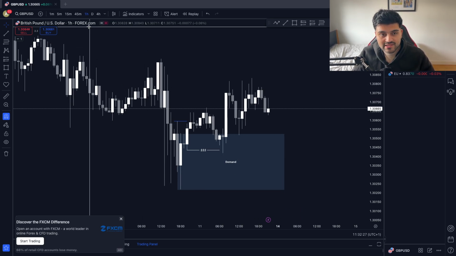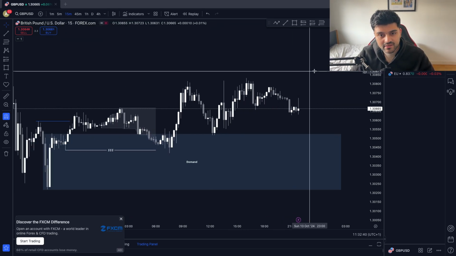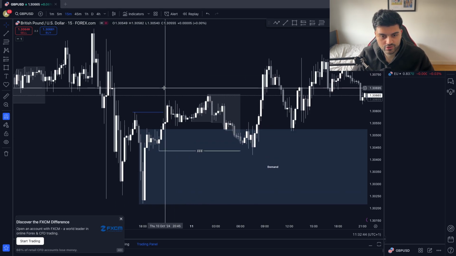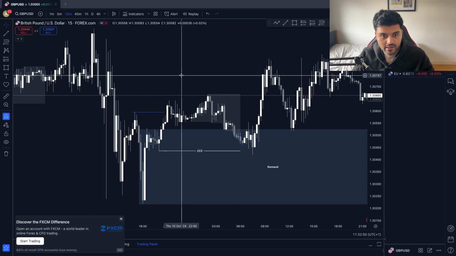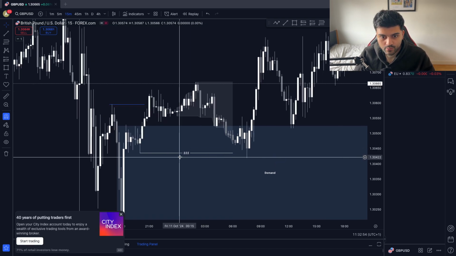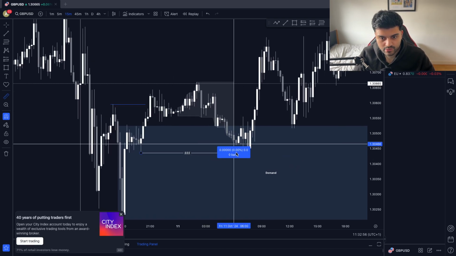This is your POI selection. This is what you want to do every time you get on. You want to find POIs that did something, an imbalance or a supply demand zone that caused a break of structure on the high time frames, because if you look on 5 minute, 15, it's pretty choppy and pretty much every zone can cause a break of structure. So I like to literally just look at the 45 minute to an hour to see my POIs and to identify them. So now that we have swept this liquidity right here,